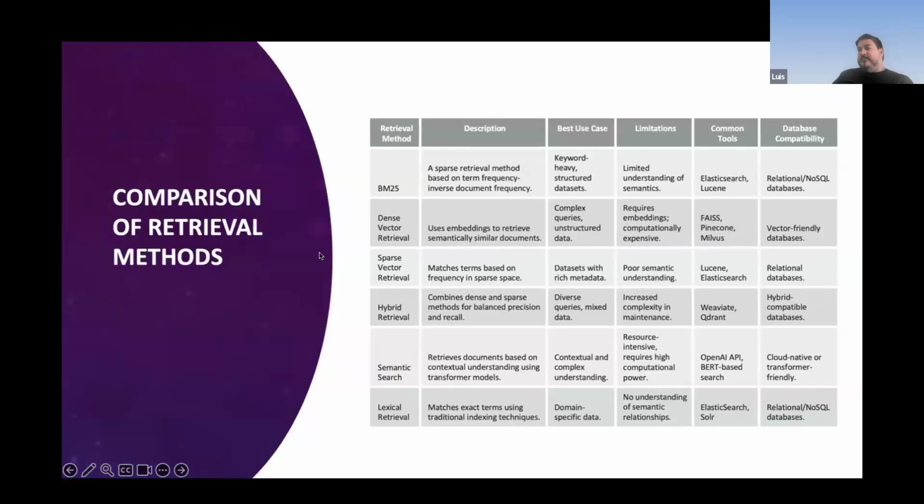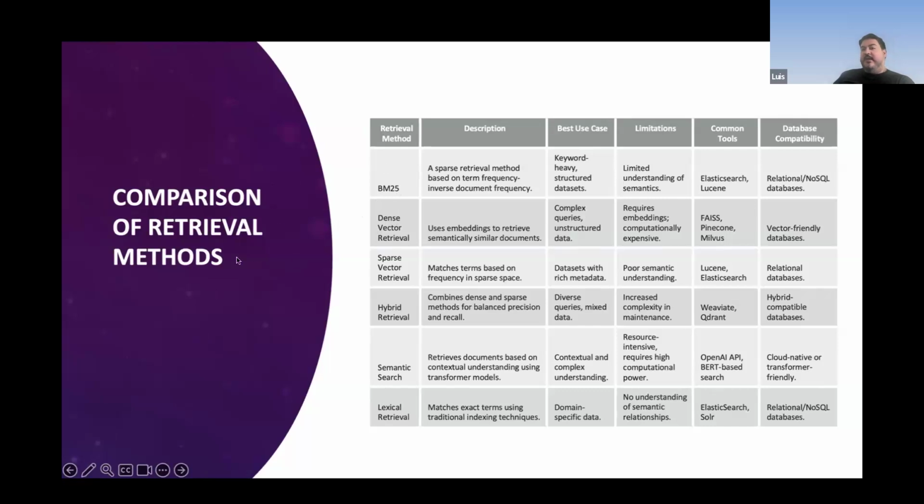So here are different examples of doing advanced RAG retrievals. Cosine similarity score is pretty much your typical one that everyone uses. But if it's not good enough for you and you're seeing mistakes, then there are different ways to improve it. These are the different retrieval methods that are out there: BM25, dense vector retrieval, sparse vector retrieval, hybrid retrieval, semantic search, and lexical retrieval. And what's really great is you can do something called a hybrid search, which will use your cosine similarity and also use one of these mixed